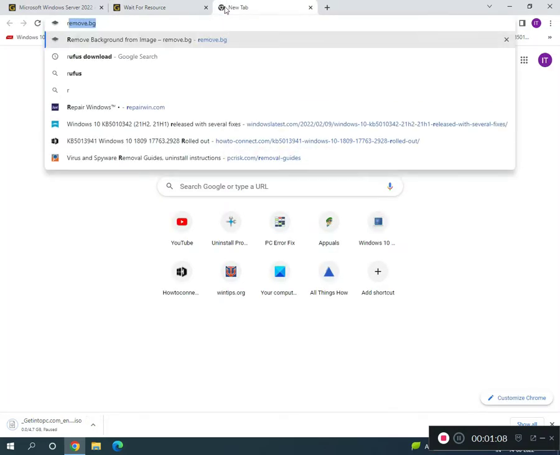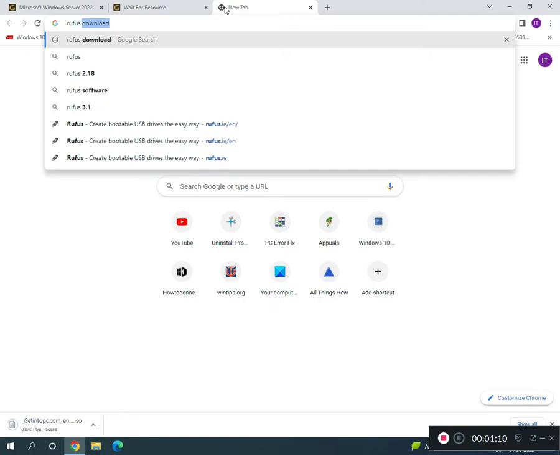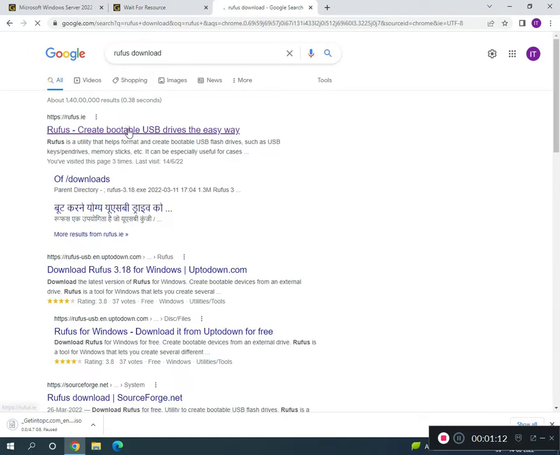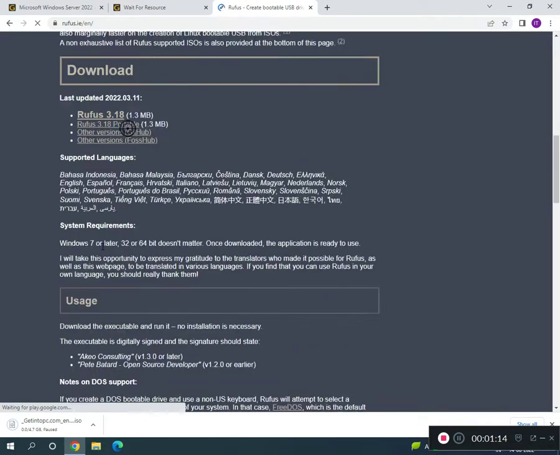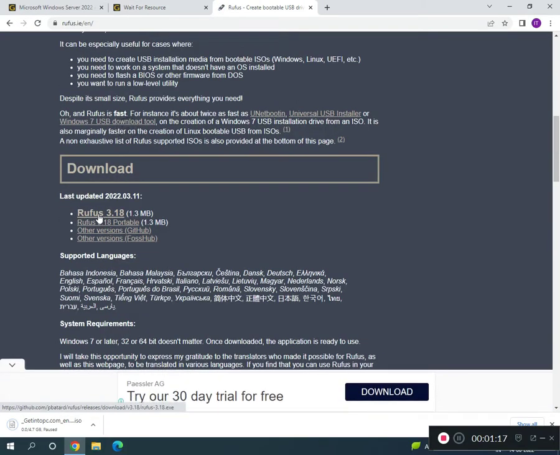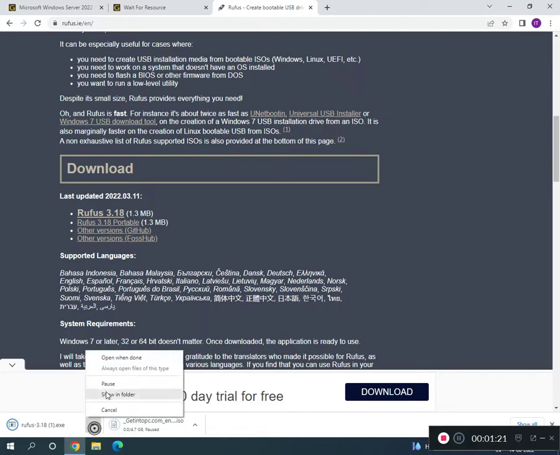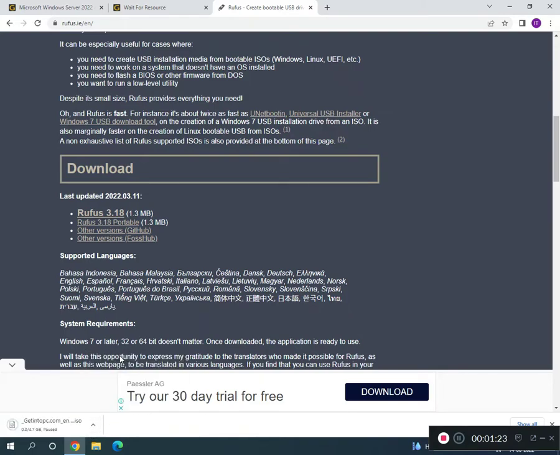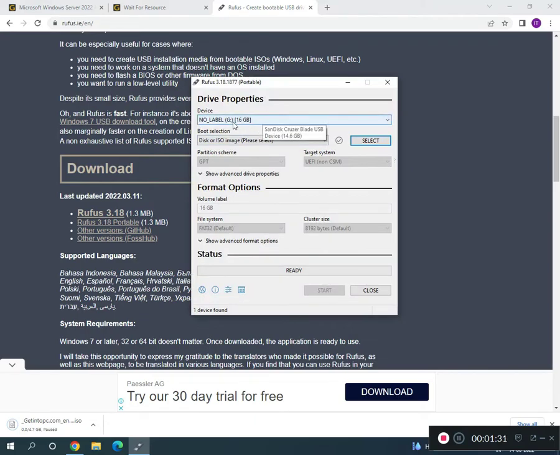And then one more thing, Rufus. Download it, then scroll down, click version 3.18, and then open. Click yes. A minimum 16 GB pen drive is required, and here select